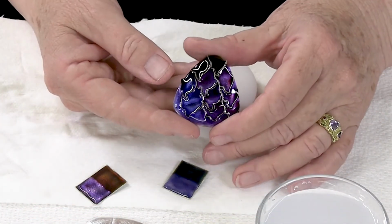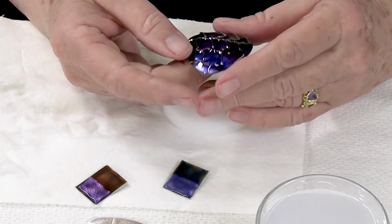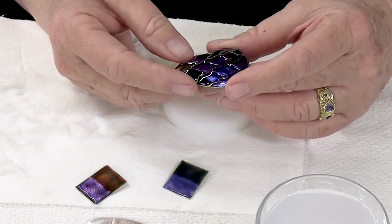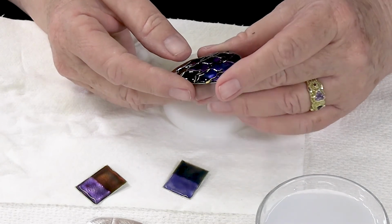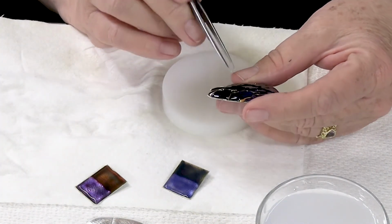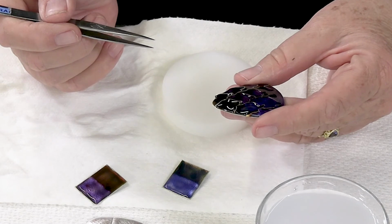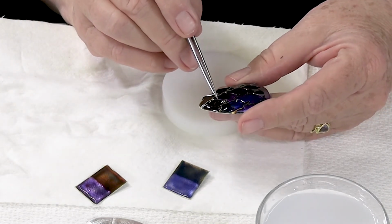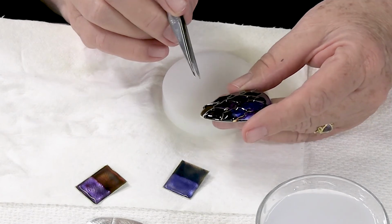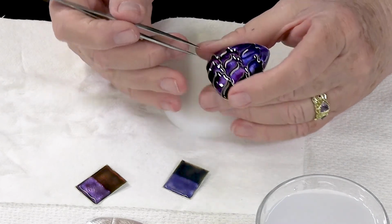Okay, I think we found out a lot of what we wanted to know about these colors. They're not quite as tricky as I thought they were going to be, so that's a real bonus here. The other thing that was a little bit of a surprise to me was that in this area here and here, I mixed the S-111, which was the darker of those two pink-red colors, and it's a nice addition on top of the other colors, but the 100B is the one that I put in